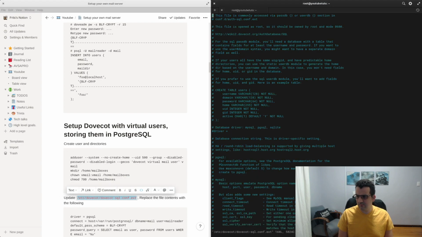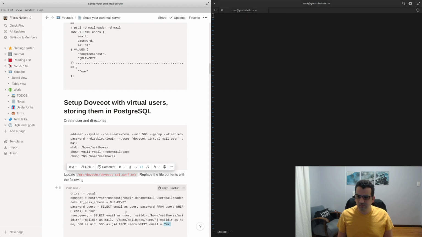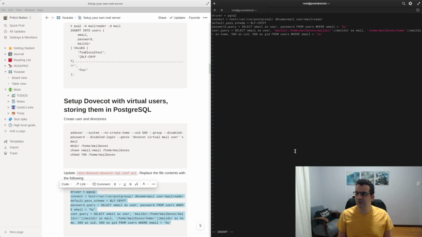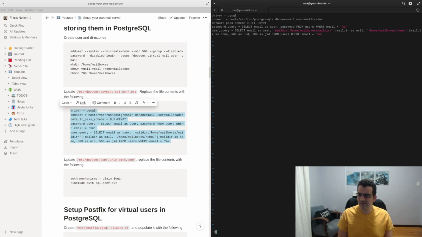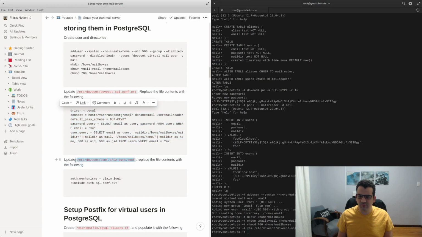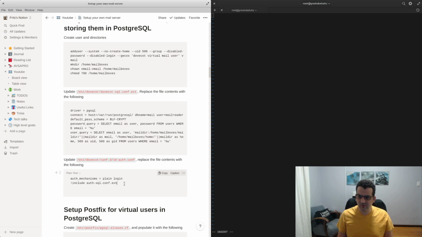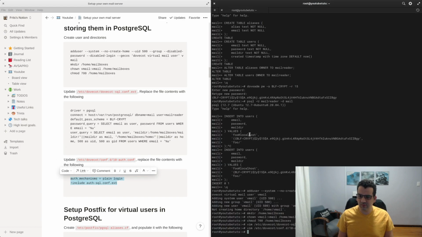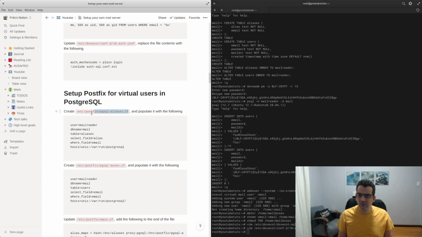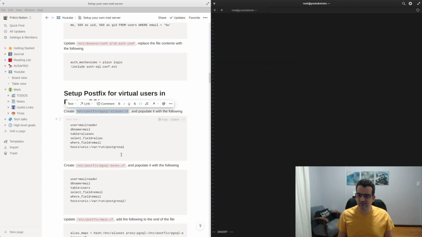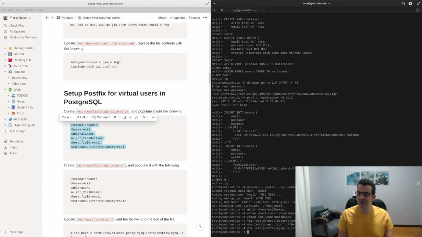Now we need to set up Dovecot to use Postgres for the authentication part. I'll use it as an authentication provider, and then another thing we want to do is open up this file. I think we placed the file contents, yeah. We want to do that, and then I don't think we actually particularly need these parts anymore, and I think maybe the alias part still. Okay, so let's see. So let's go with that, and we need to create